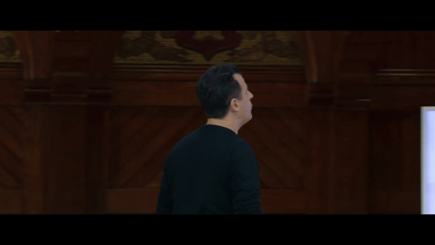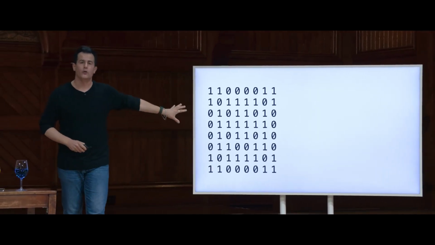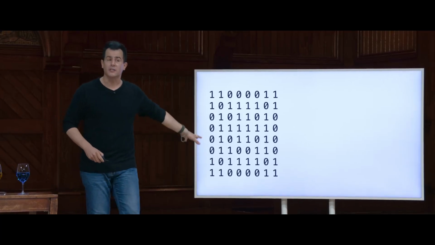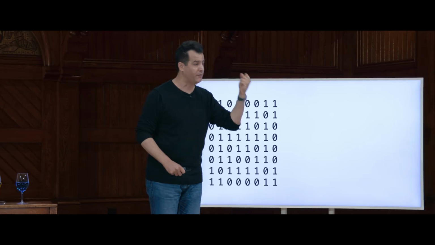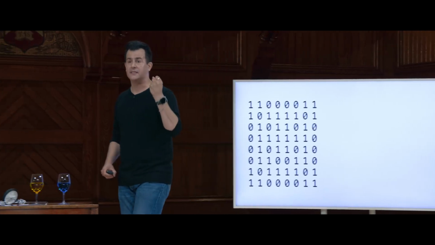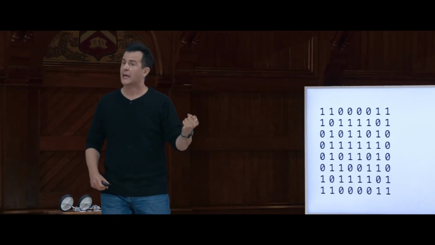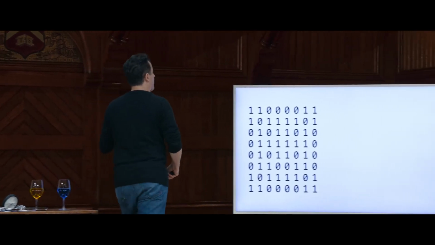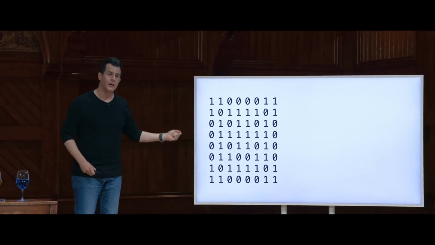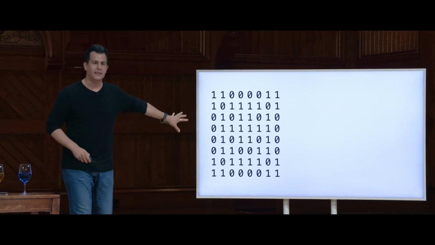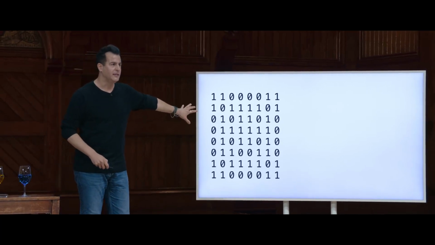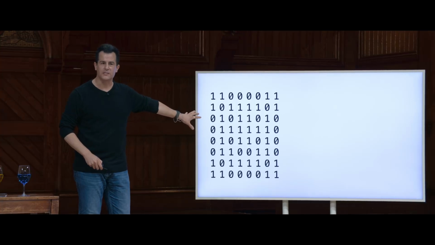But let's consider how we might store even information like this, but we'll make it simpler. Here is a grid of zeros and ones, clearly. But I would argue that each of these might as well represent a pixel, an individual dot. And if that dot is a 0, it's representing the color black. If that dot is a 1, it's representing the color white. Given that, can anyone see what this grid is a picture of, even though it's using zeros and ones and